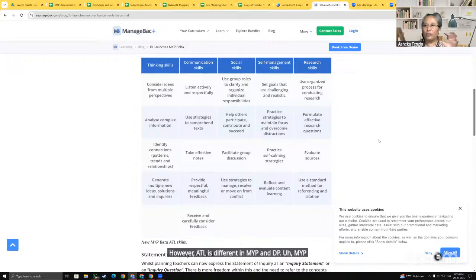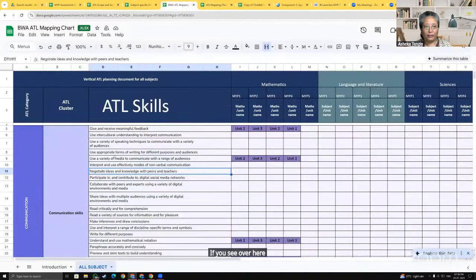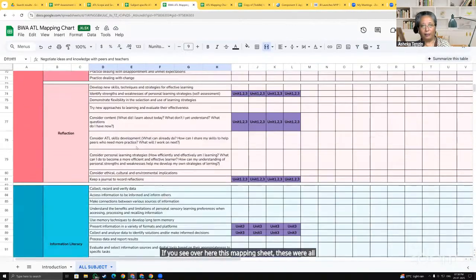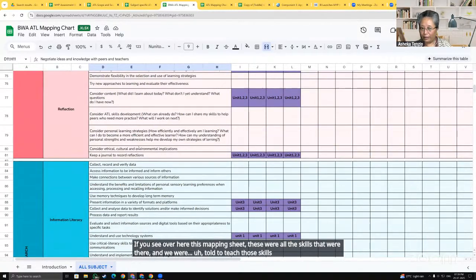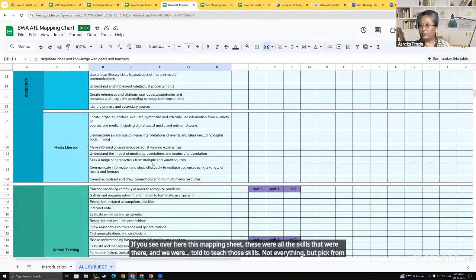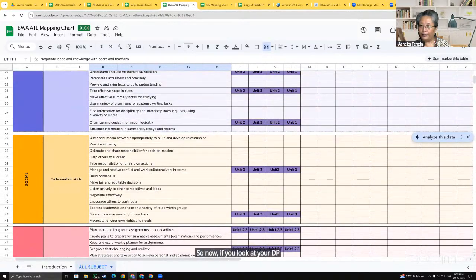In MYP, we had this whole document which we had to work on. If you see over here, this mapping sheet, these were all the skills that were there. We were told to teach those skills, not everything, but pick from here and teach the skills. Okay. So now if you look at your DP guide,